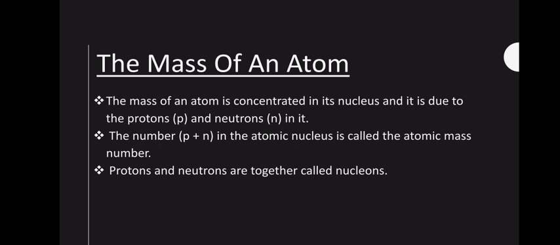So what do we see here? The mass of an atom is determined by the number of protons and number of neutrons present in the nucleus, right? These subatomic particles, protons and neutrons, are together called nucleons because they are present in the nucleus. What is the nucleus? That is the centermost part of an atom. Followed? And the distance between the center of the nucleus and the outermost orbit was what? Atomic radius or atomic size. Followed.